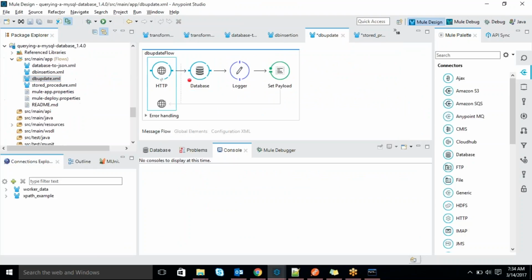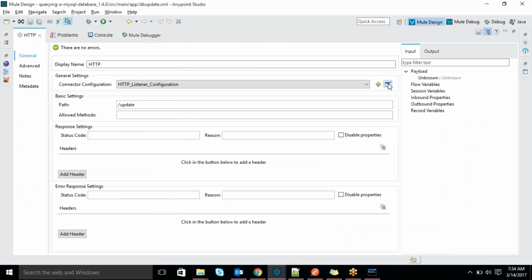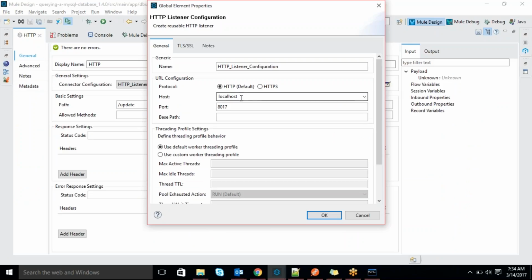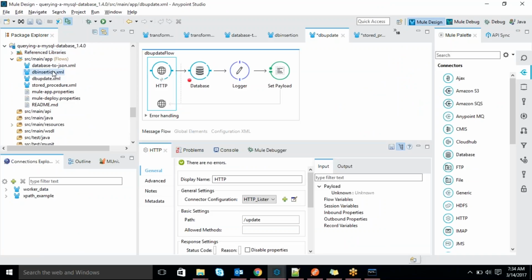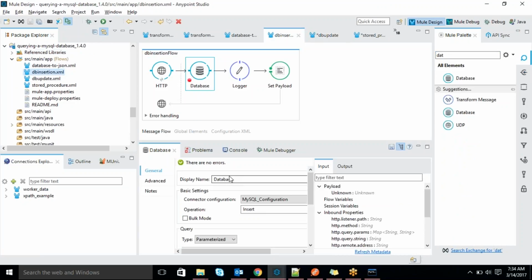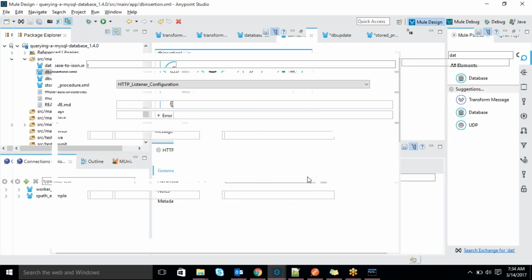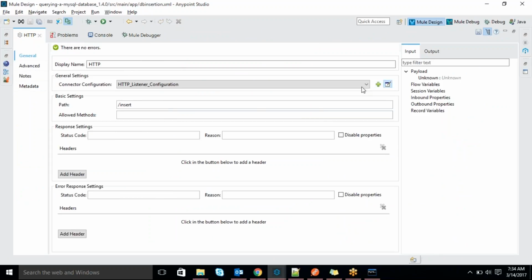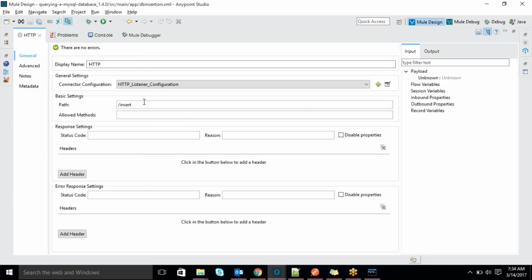See here, every time I'm entering the address. If you observe here, I chose the address here, localhost 8017. For the next one, insertion, again HTTP. Here again I chose a different port number and then the base path 8017. Then again the base path is different. Like that, for everything we are entering the information here itself, right?